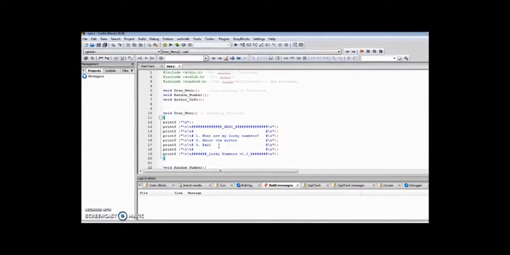Hey everyone, this is our project entitled Lucky Numbers. It is something like generating lottery numbers. It prints 6 random numbers. So in starting this, we should generate